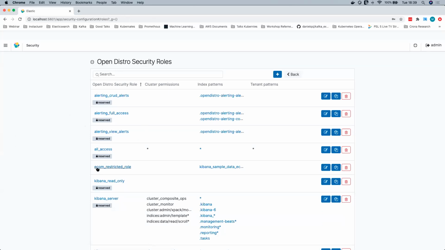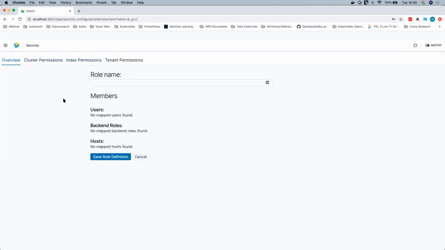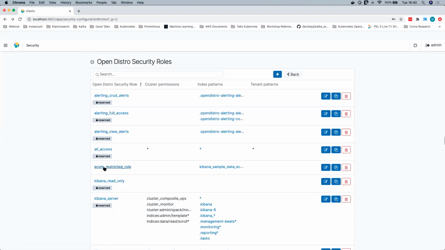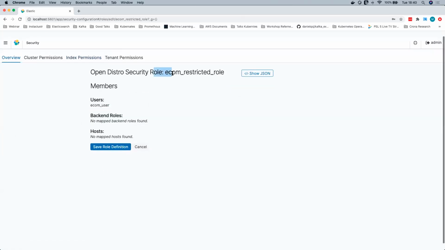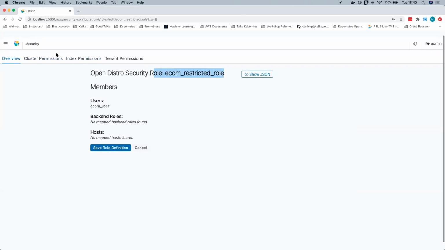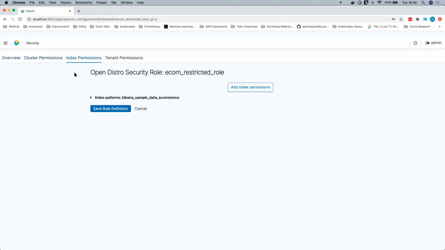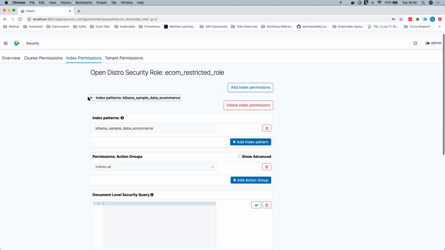So I have created something called e-commerce restricted role. All you do is plus that and you create the name of the role and other stuff. So we go through this role one by one. The name of the role is e-commerce restricted role. Okay. Then we go to the index permission and I tell